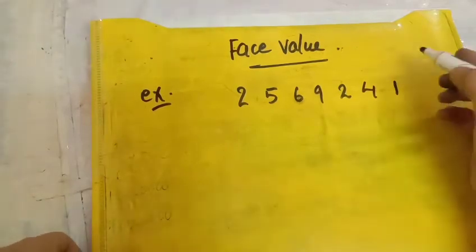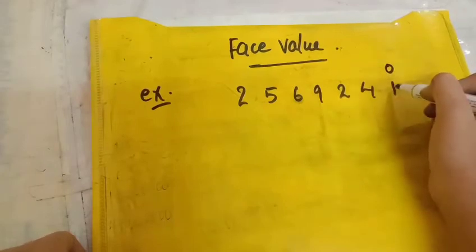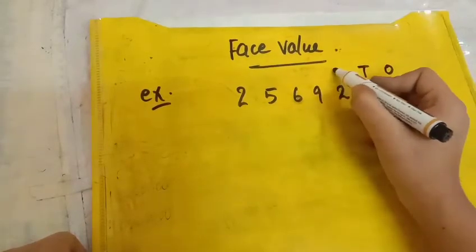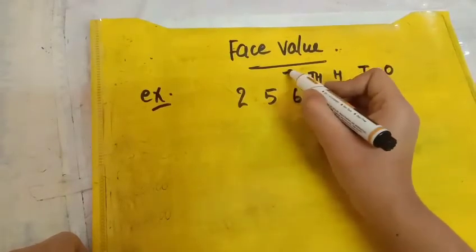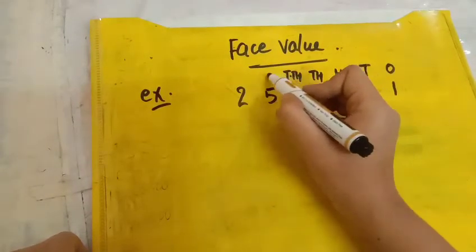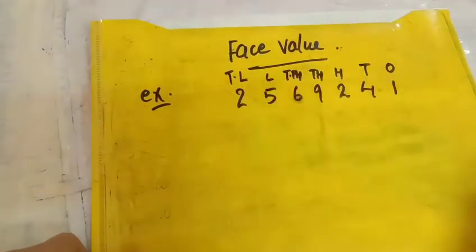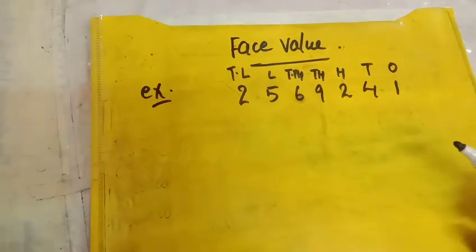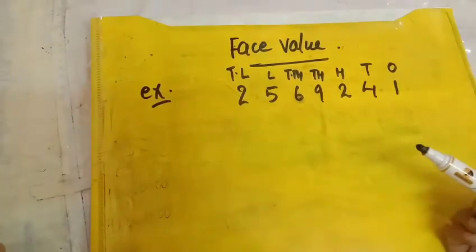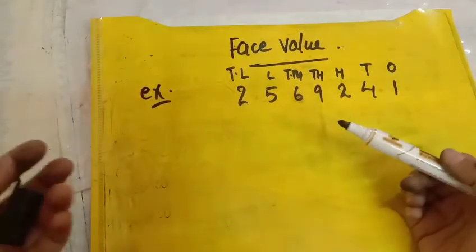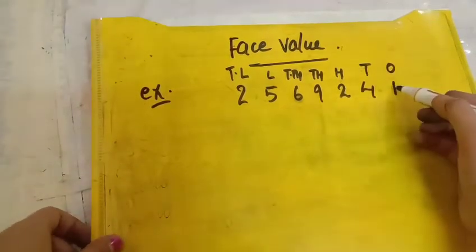As you know, 1 is in ones place, 4 in tens place, 2 in hundred place, 9 in thousand place, 6 in 10,000 place, 5 in lakh place, and 2 in 10 lakh place. But face value of a digit in the number is the same as the digit itself, irrespective of where it comes in the place value chart. So face value of 1,